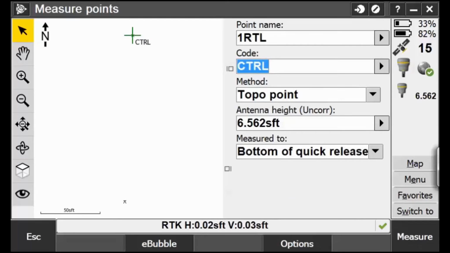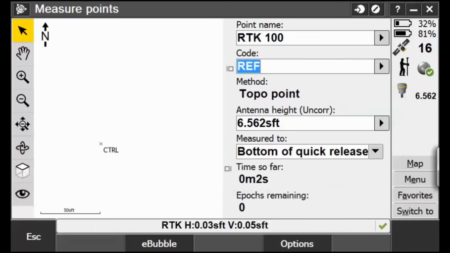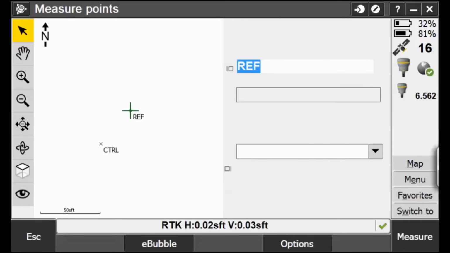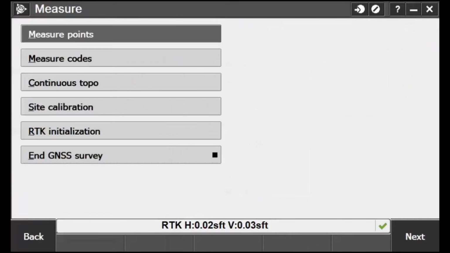Okay, so I've saved this point, and now I'm going to go and just shoot 2 more reference points. So I'm going to have an RTK 100, and I'm going to take a 30-second measurement on that, and then I'm going to go shoot a mag nail on the other end of the parking lot and call it RTK 101. And we will take a nice 30-second shot on that as well. And that'll give us kind of a nice triangle of points here. Now I'm going to end my survey,